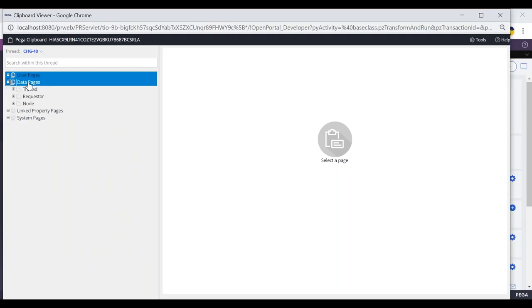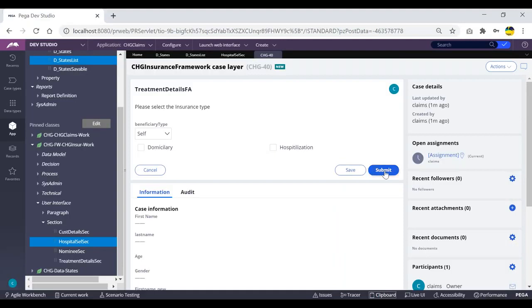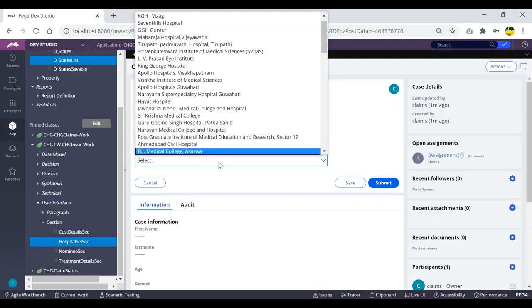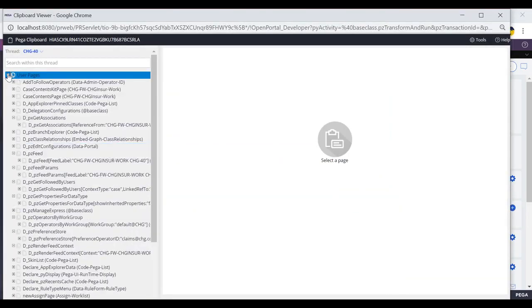As I told you, data pages will be under the data pages category. Expand this, there will not be any data page like hospital list. Now click on submit. Now we can see all the list coming here. Since we are getting the list, it has to be stored in the clipboard. So I think the source has already been generated. It has hit the database and it will be pulling the data. Now if we click on clipboard again,